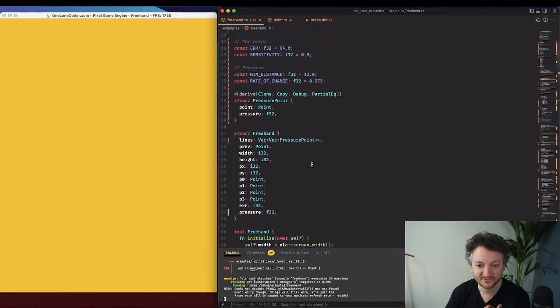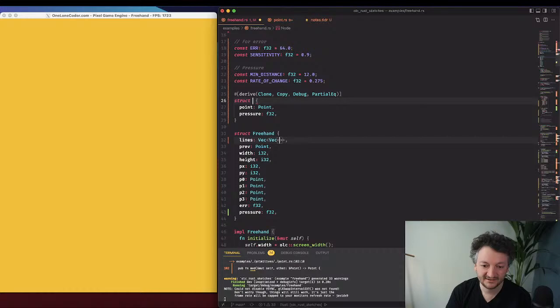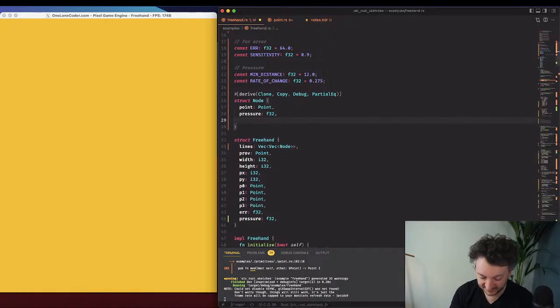So let's go back to our pressure point. Let's rename this, not pressure point. We're just going to say node, because it's going to have kind of a lot of information on it. Yeah. All right, let's just call it node. Okay, so pressure point is now node. And that node has a point, it has a pressure, and it's also going to have